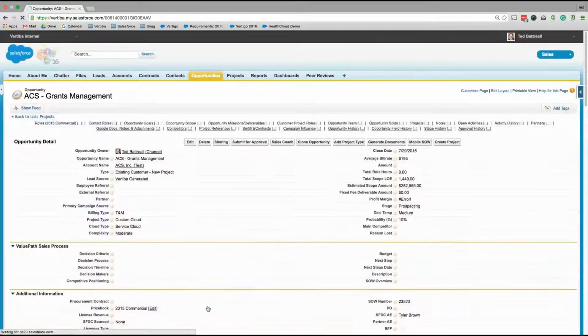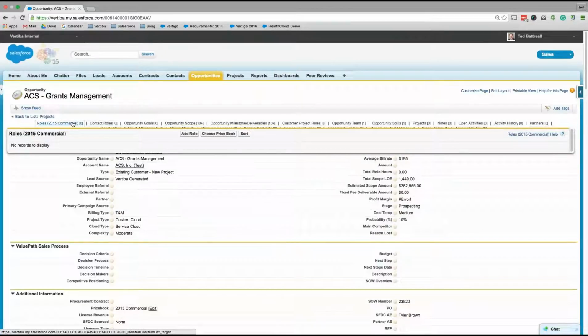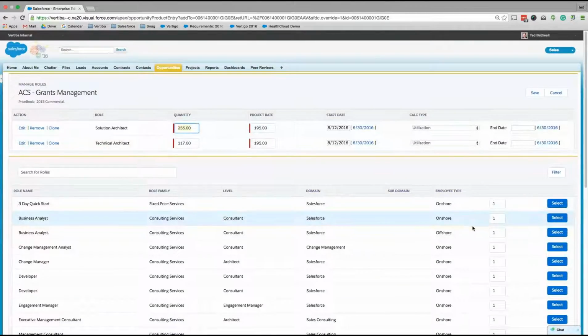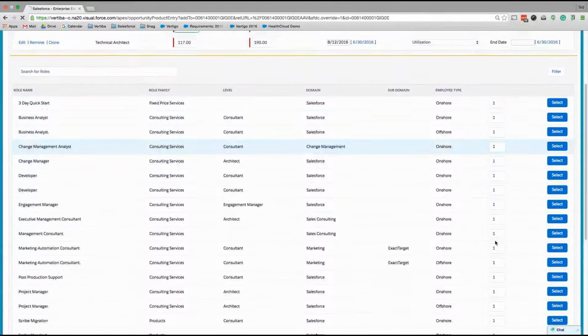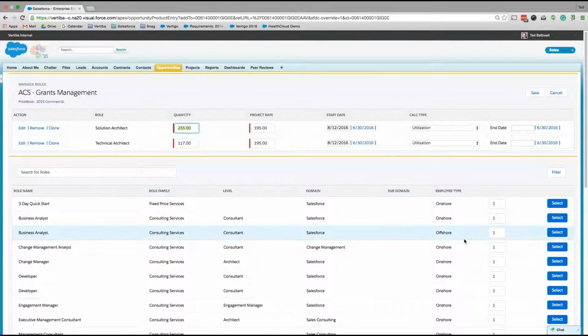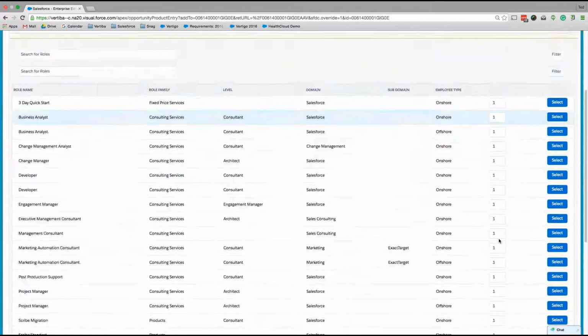The next thing that I would do is, based on that opportunity scope, I would identify the resources associated with this. I'm going to add roles to that. Now, our system identifies how many roles that we would want in here. So based on the work that was allocated, it says you need a technical architect and a solution architect. I'm going to add that we also want a business analyst and